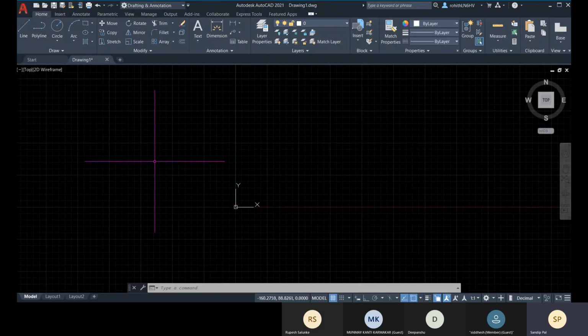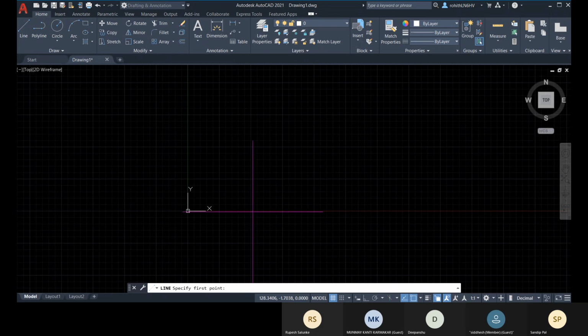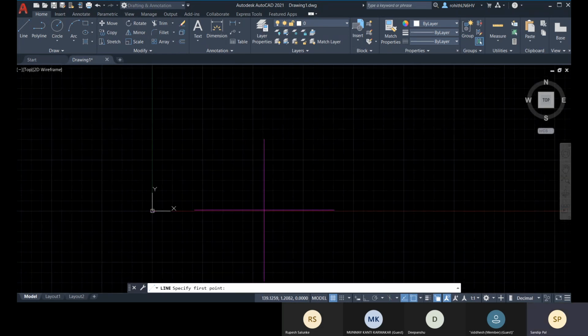Now let me draw a diagram with a relative coordinate system. As I mentioned, relative Cartesian will be calculated from the last point, always from the last point. Let me start from 0,0.